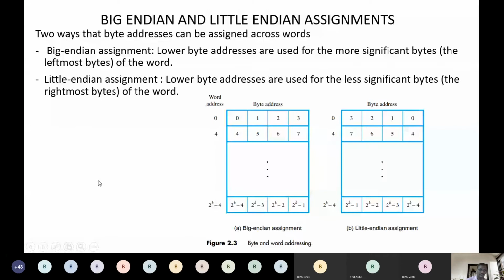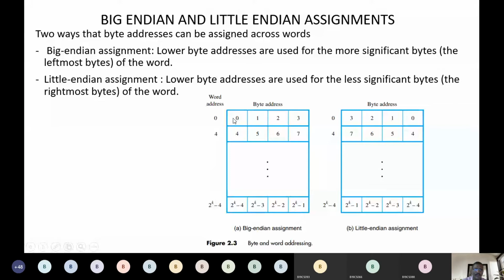And this one we already saw, big endian and little endian, how the addressing will be. These are addresses. These square boxes are single bytes. So first byte address 0, next byte address 1, next 2, next 3, then 4, 5, 6, 7. In the same way I had drawn the bigger square box just now with the pen. So you can see the same box here: 0, 1, 2, 3, 4, 5, 6, 7. These are the byte addresses until 2 to the power of k minus 1.